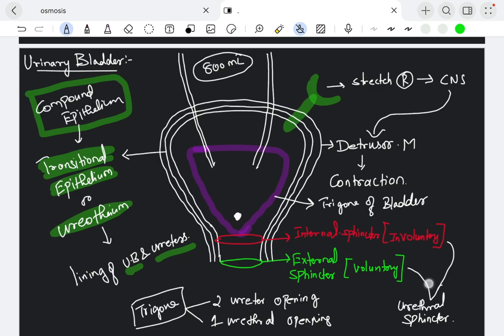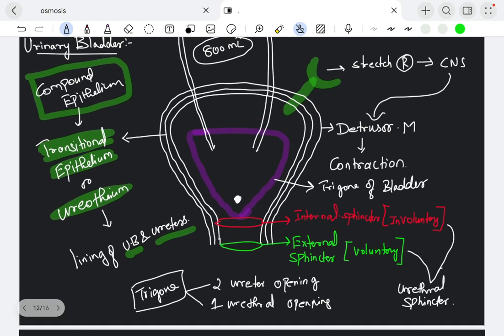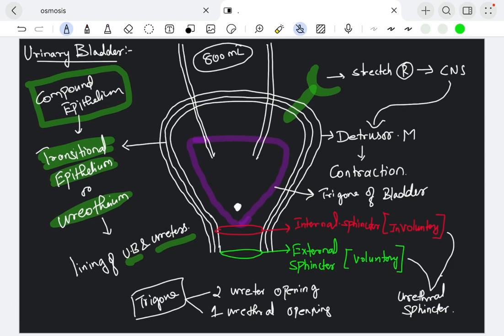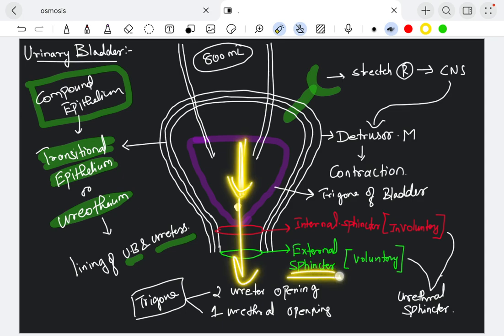Then, in some patients, like elderly patients, usually they don't have these external sphincters in their control. So what happens if your external sphincter is not in your control? The urine will be stored here, right? This urine will automatically come out because the external sphincter is not in your control. So this is what is happening in elderly patients. They don't have control over the external sphincter, so automatically urine leakage will happen in the